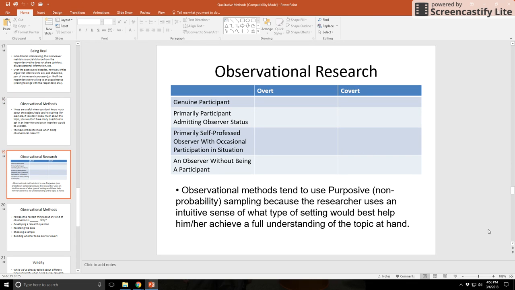Slide 19. Let's talk about these first here. Up here, you're doing everything they do. And down here, you're doing nothing, you're just watching. And then here you have some middle ground. You're more so doing, but you're also watching. And here you're mostly watching with a little bit of doing. So what do you do?